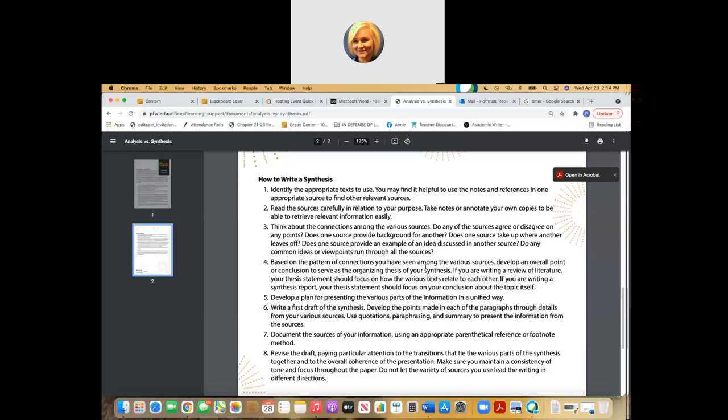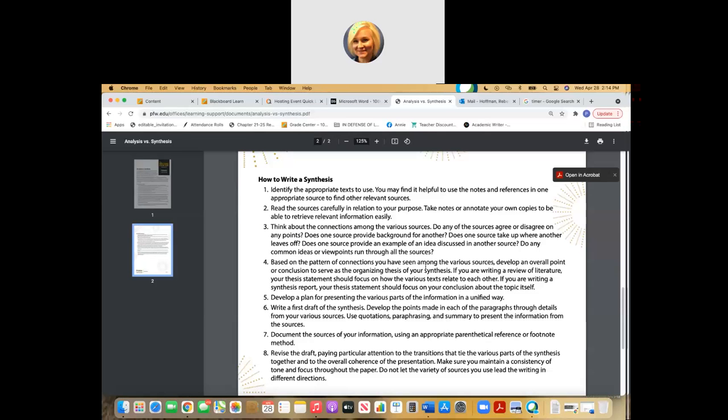And those things are the things that are going to help you write a thesis statement. Those things are the things that are going to point to the points and the subpoints that you want to make in your paper. Okay? So, for class on Monday, one of your assignments is to start working on your thesis statement, your synthesis paper, and to have a rough